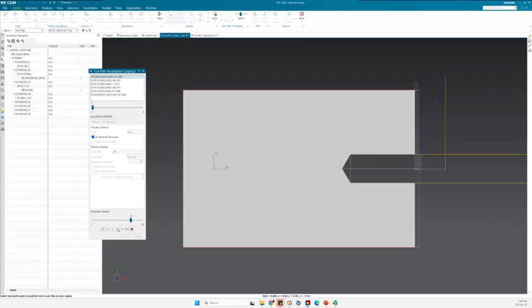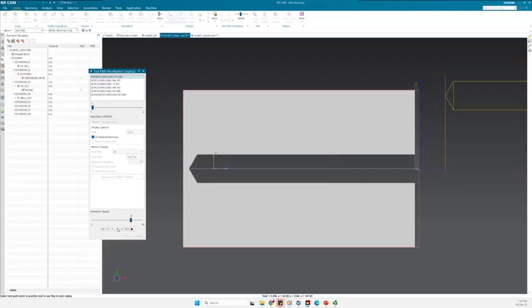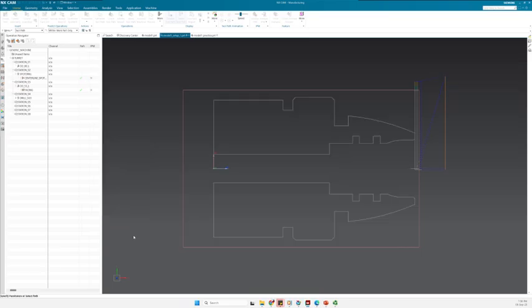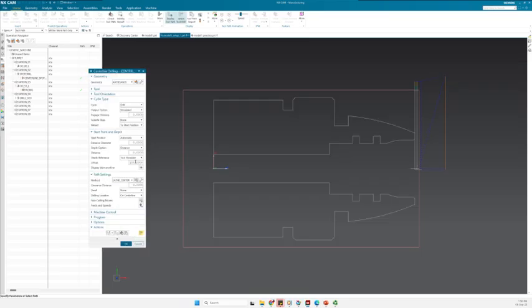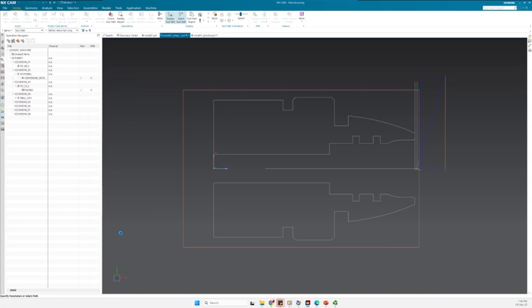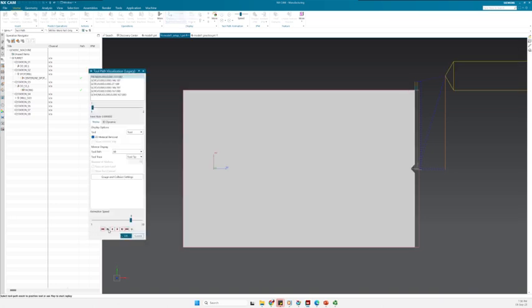Let's play that one. So now we can see that there is a complete penetration of the whole part. So now the hole is completely fine. So I will cancel that, but let's test something. What will happen if I put this one, let's say 100, so less than what I actually need. If I try to verify this one,